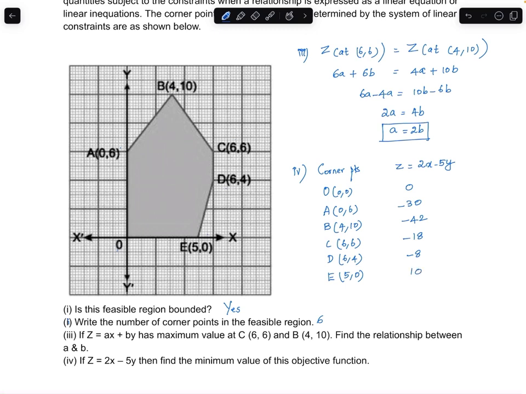Objective is to get the minimum. The minimum value of all this is minus 42. Minimum value of z is minus 42 at